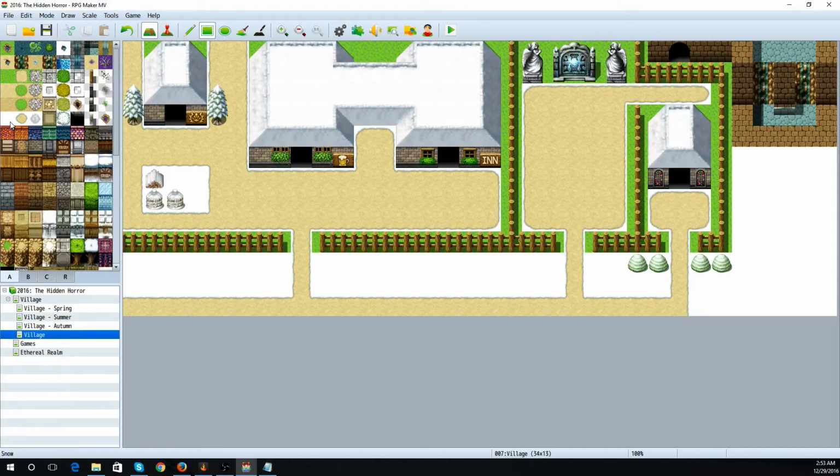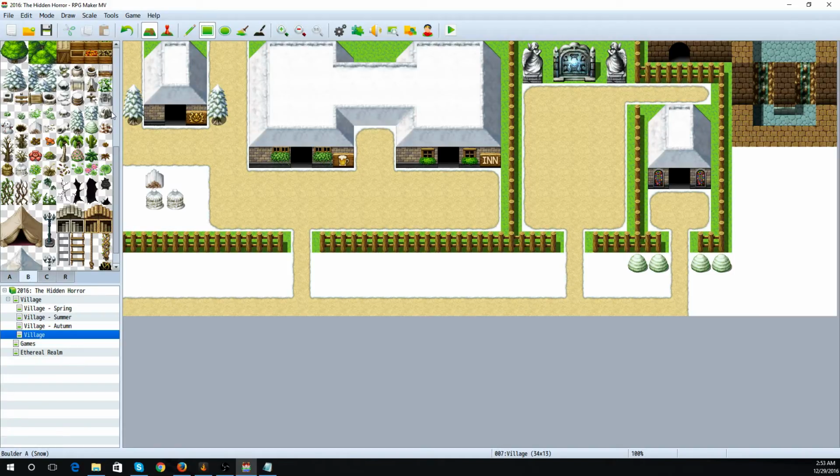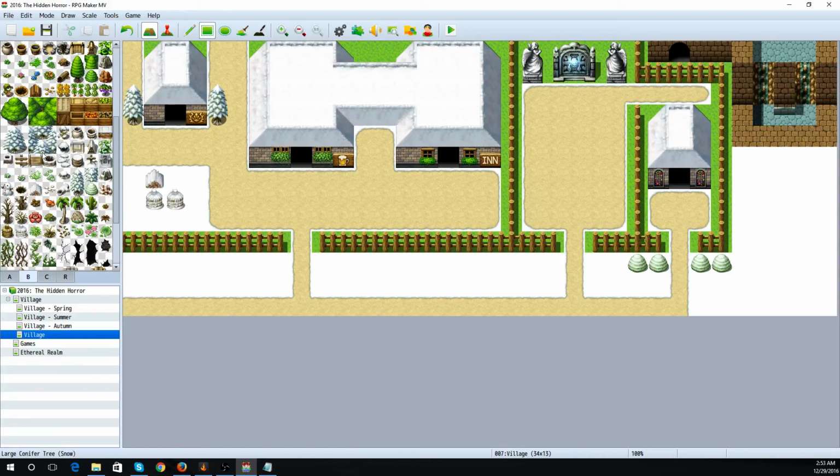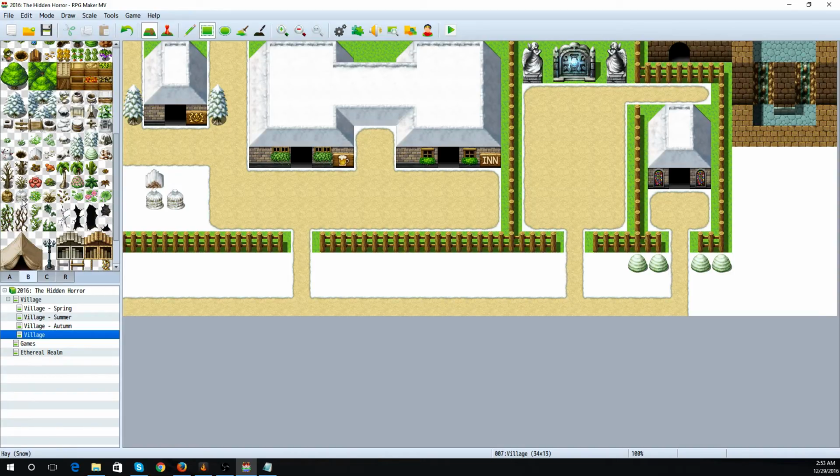Let me update the snow to be this whole corner here, that way I can fit more little snowy things. I don't have snowy crates though, so that's kind of a blah thing, but